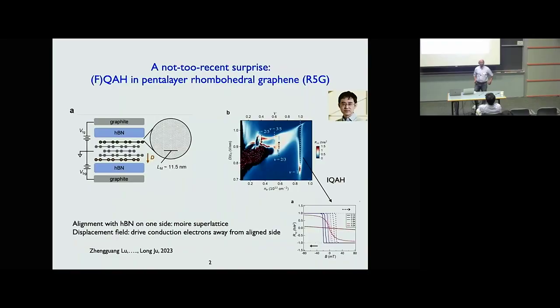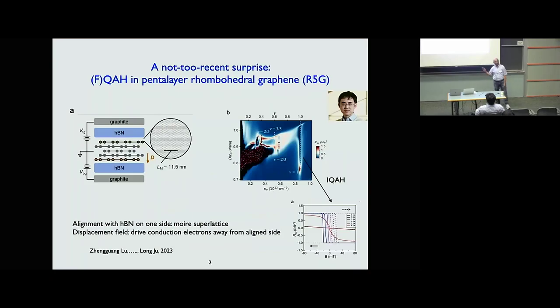Okay, so this work on rhombohedral pentalayer graphene has been mentioned several times during this conference. We also heard from Long. This is Long Ju, in case you don't recognize him. And it's been absolutely wonderful for me to have Long as my colleague, learn lots of things, lots of beautiful things. So the system is this. I'll go through the introduction very quickly,